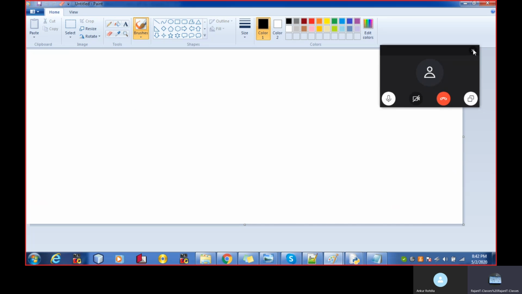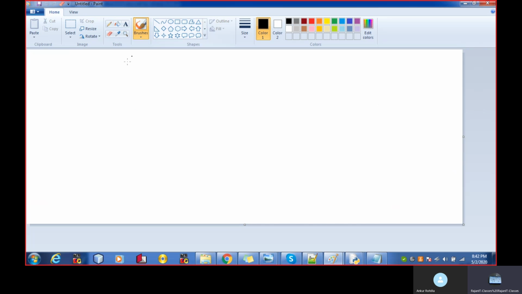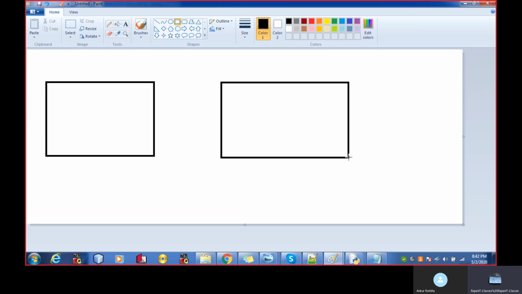So we have two houses. One house belongs to Ram, and the second house belongs to Sham, right? This is the Ram house, and this is the Sham house.